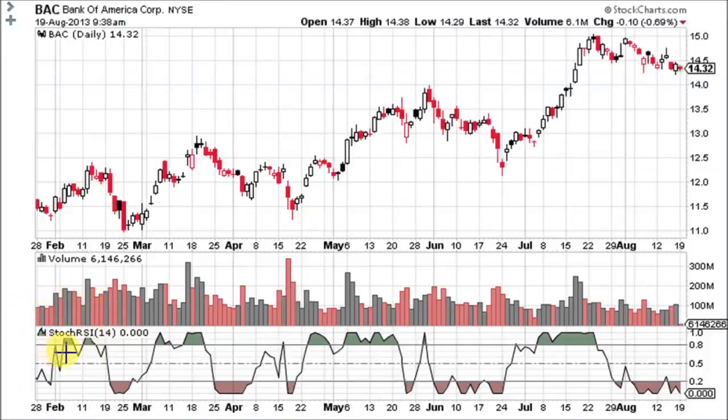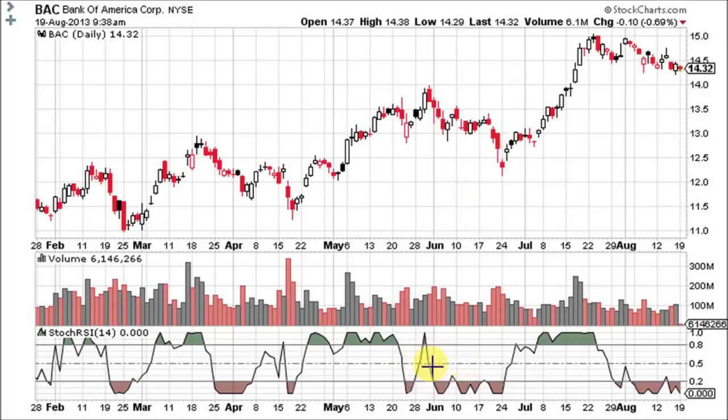As you can see, Stochastics RSI at a 14-day standard setting has a reading of 0. That means it is extremely oversold right here. Stoch RSI ranges from 0 to 1. The important things to remember are it is overbought when it is above 0.8, and it's considered oversold when it is below 0.2. The other things to look for are center line crossovers, because anything above 0.5 is considered bullish and anything below